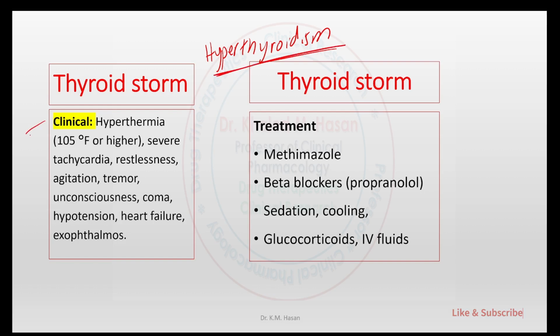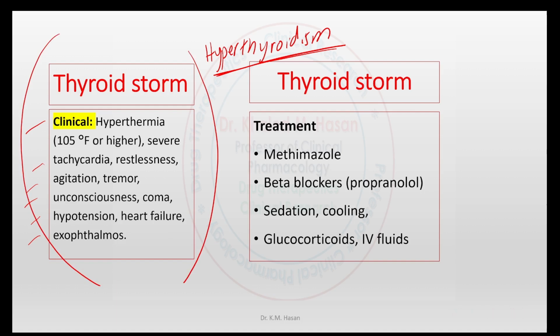The patient suffers from severe hyperthermia, severe tachycardia, agitation, tremor, unconsciousness, coma, and exophthalmos, and heart failure. You can see here we are speaking about emergency cases coming from severe hyperthyroidism. For treatment, we can treat the patient with methimazole to inhibit formation of thyroid hormone,